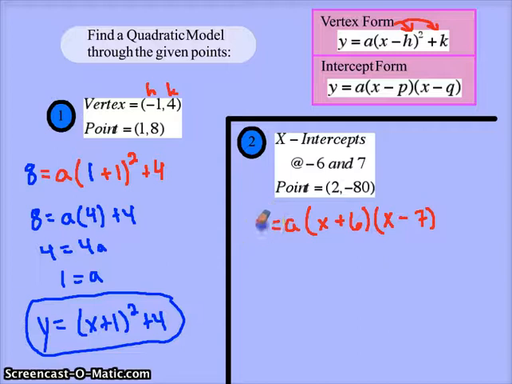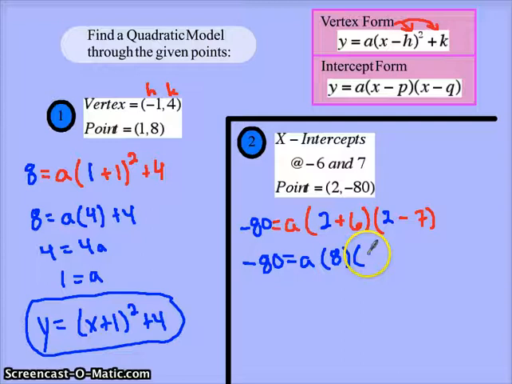If we erase our y and our couple of x's, and again take the one extra random point that we're given, because we need that one extra piece of information, we plug in our 80 and plug in 2 for both of the x's,